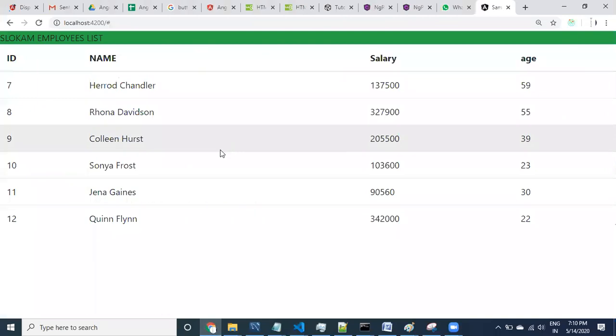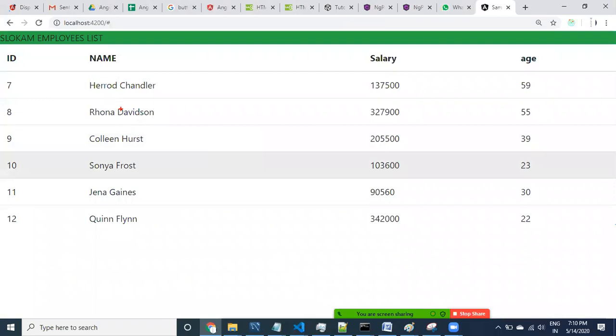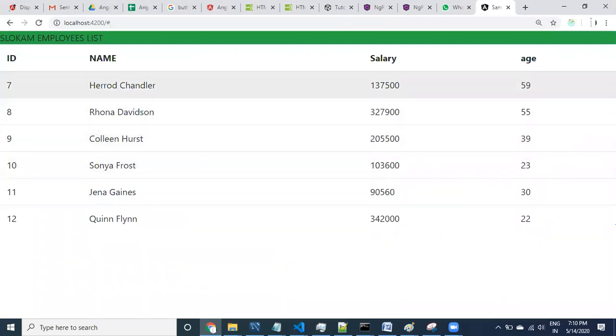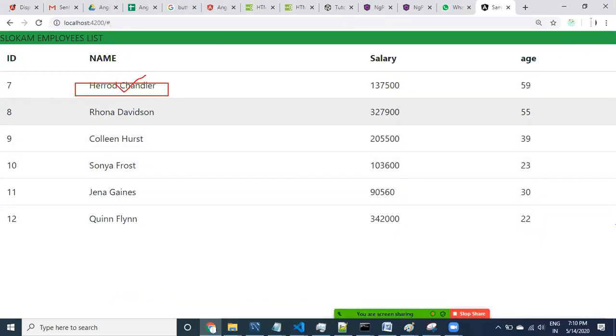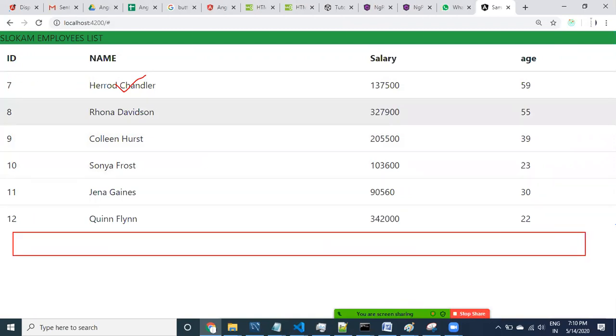Okay, let us look at it guys. Our goal is the same thing: on which record the user has clicked, the selected information I have to display.